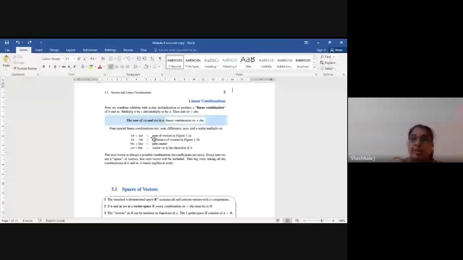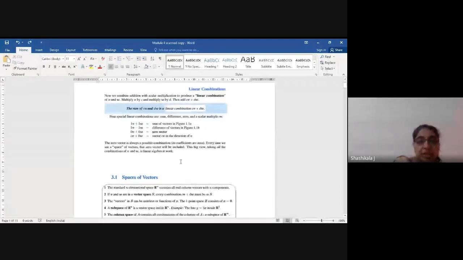Okay, first we will see the vector spaces. We are going to see the linear combination. You know the meaning of linear combination. That means I can add two vectors and I can multiply any vector by a scalar. If that is cV plus dW, where V and W are vectors, I am multiplying V with c and W with d and adding. That is called a linear combination.